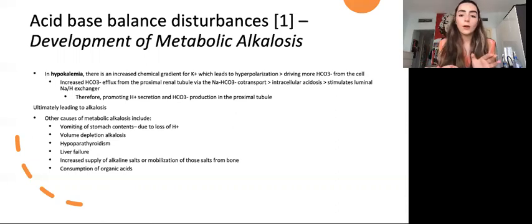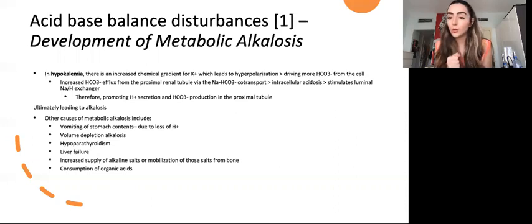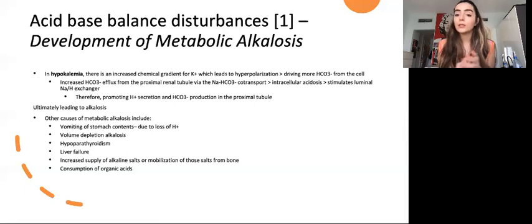It can also be from reduced blood volume because this stimulates the sodium-hydrogen exchange in the proximal tubules, and it forces increased bicarbonate reabsorption by the kidneys. In addition, aldosterone is also released in hypovolemia, stimulating hydrogen secretion in the distal nephron. Thus, the kidney's ability to eliminate bicarbonate is compromised, and then you get volume depletion alkalosis. Hyperaldosteronism, therefore, can lead to alkalosis. There's also